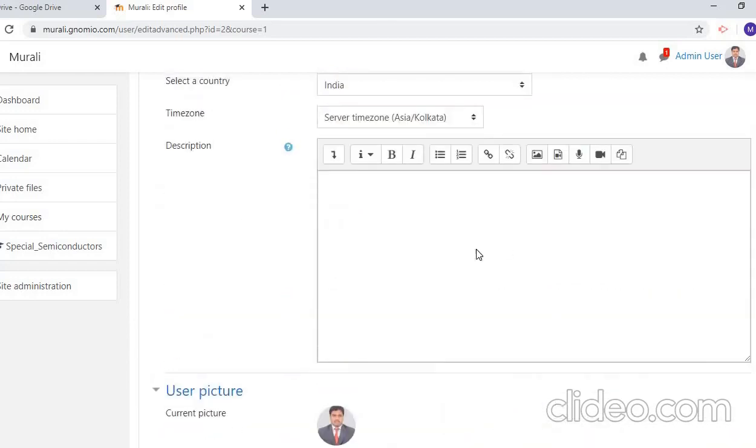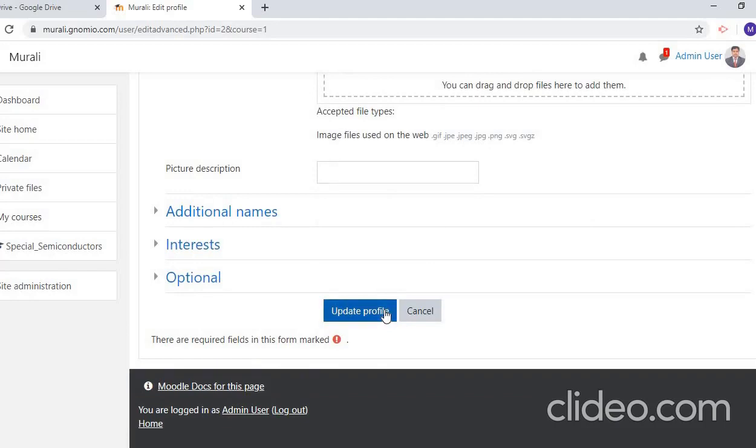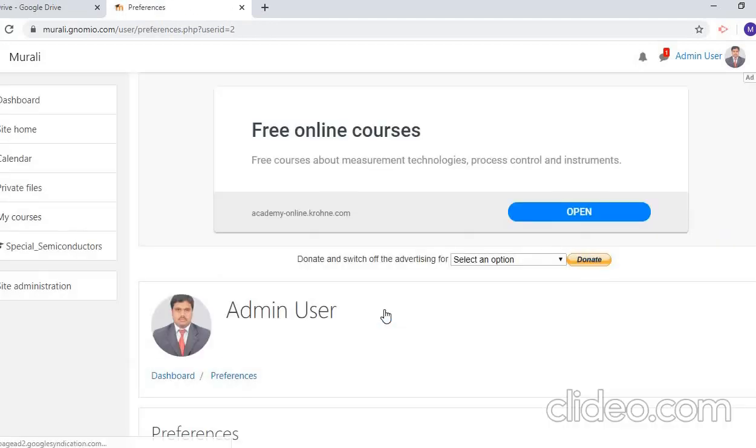Here you can write your description. Finally, after all is completed, click on update profile. So you have created a profile with the new username and password according to you.